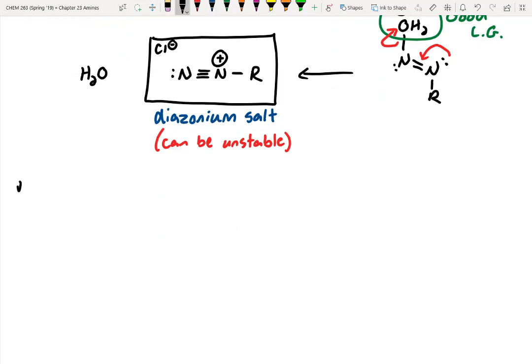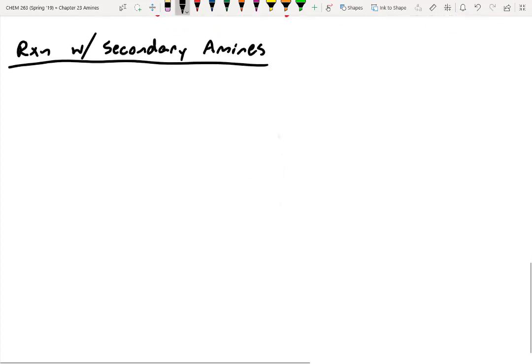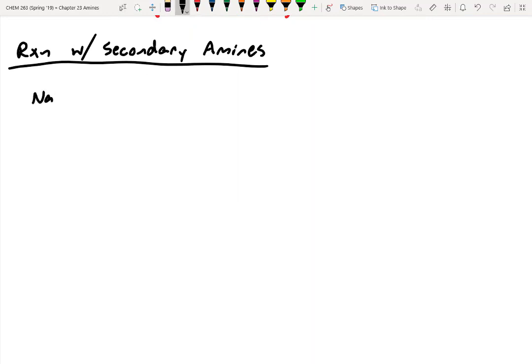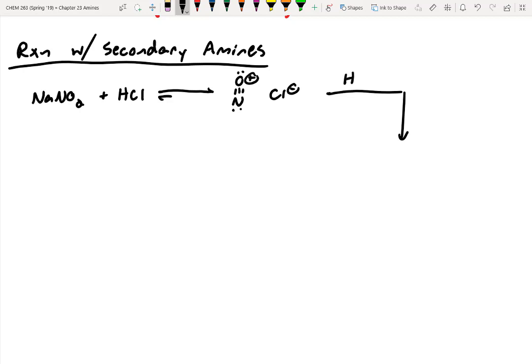All right. Let's look at the reaction with secondary amines. I'm going to make some of you super unhappy here. So we're going to treat NaNO2 with HCl, and we're going to make that nitrosonium ion like normal, kind of like we've been practicing. But this time we're going to use a specific amine, a secondary amine. So I'm just going to say